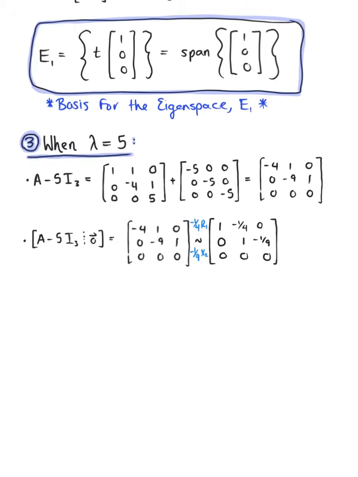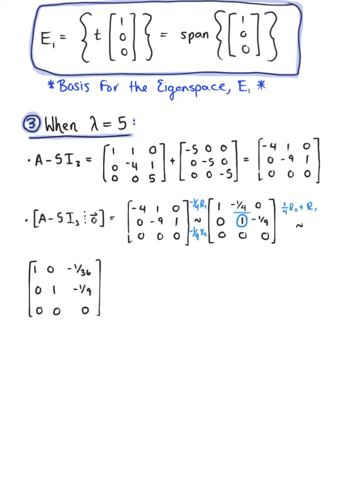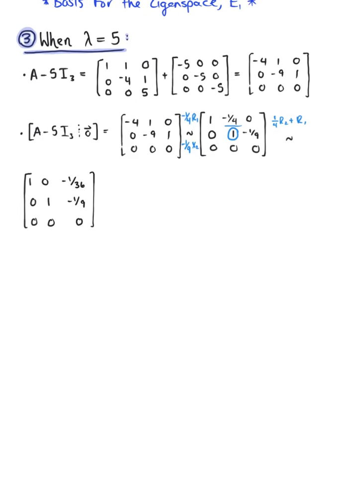Beautiful! So taking our second pivot position here, we can use this to eliminate the entry above it by doing 1/4 times the second row plus the first row, which leaves us with the matrix 1, 0, minus 1/36, 0, 1, minus 1/9, 0, 0, 0. So we have attained that row-reduced echelon form, and we know that this is equivalent to the linear system, where